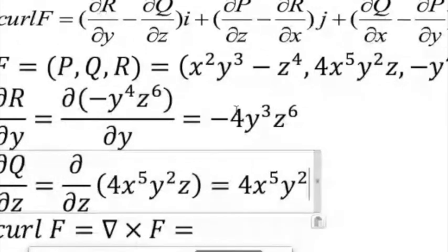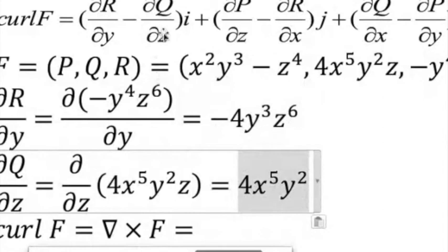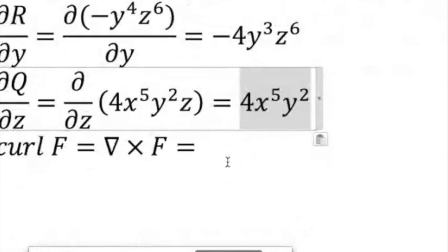Just this part minus this quantity times i, and we can complete. We can just find each derivative and complete one by one. All right, so this